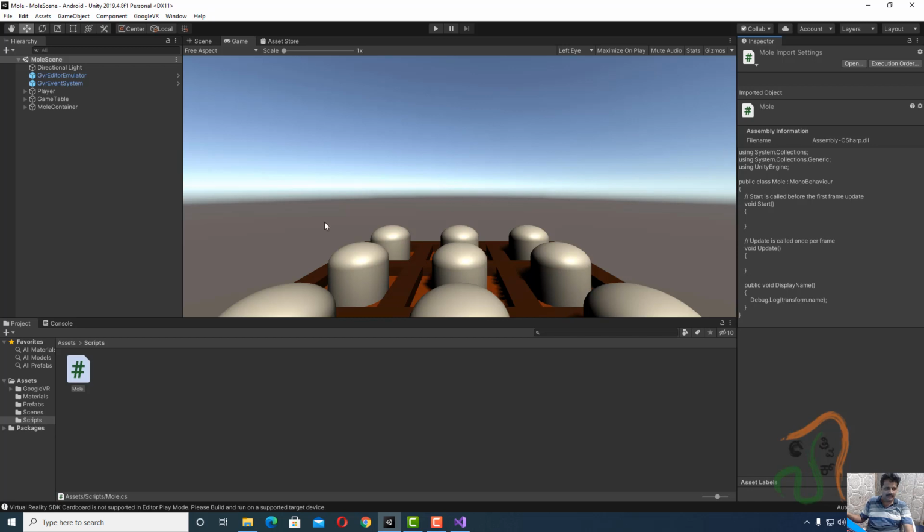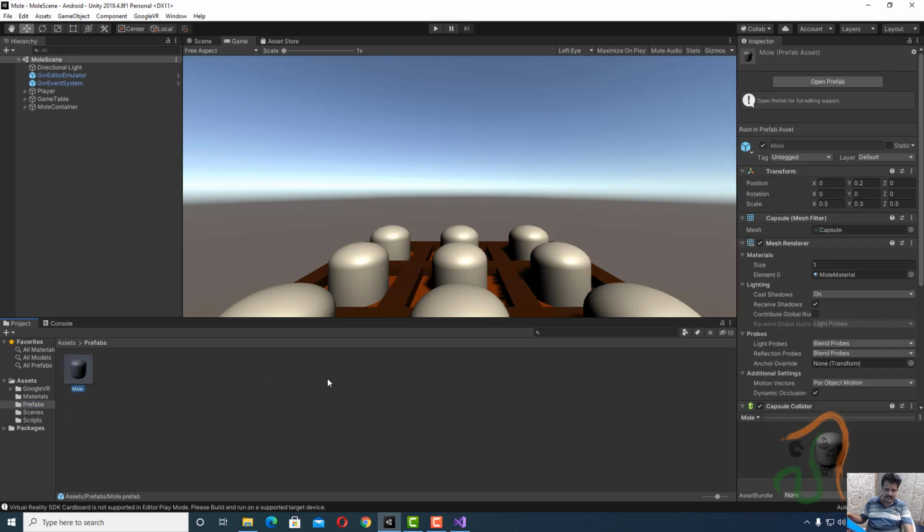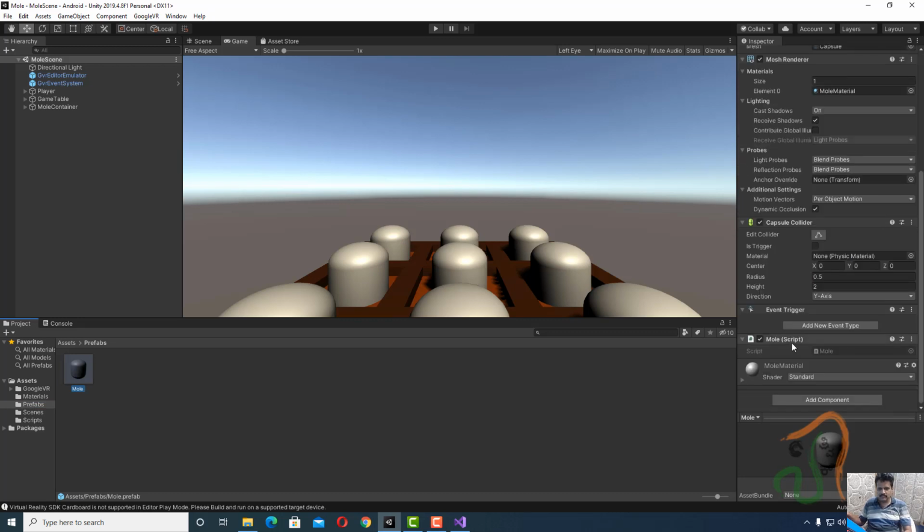So once we have attached it to the prefab, now if we come to prefab and select mole, we have this mole script attached, and once we have attached it to the prefab, if you come to the mole container, this script is attached to every mole here because this is an instance of this prefab.